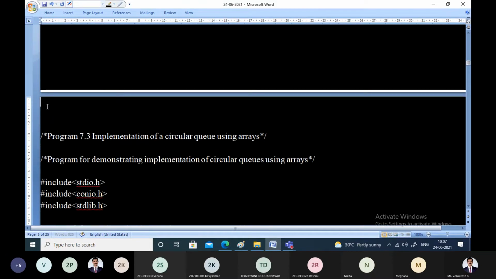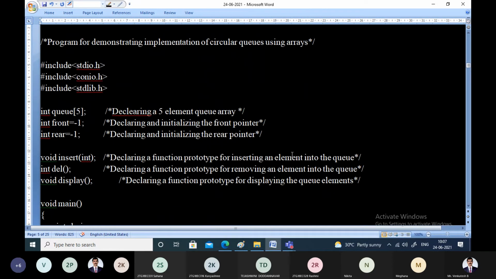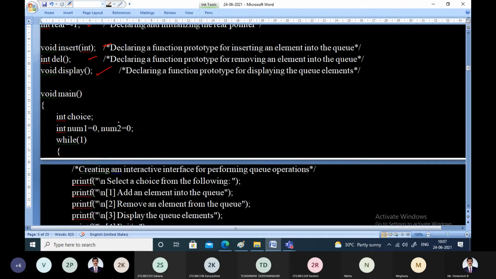Now let us see the implementation program. If something is not clear during the algorithm, it will be well understood when we discuss the coding part also. Now let us see the program to implement the circular queue using array implementation. The queue size is being considered as 5 here, with front equal to -1 and rear equal to -1 in the beginning. It indicates that the circular queue is empty in the beginning. Here you can go for null also. That is also possible.